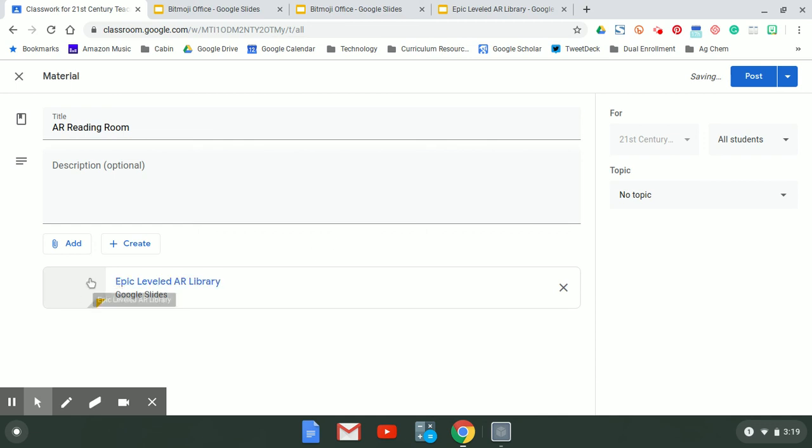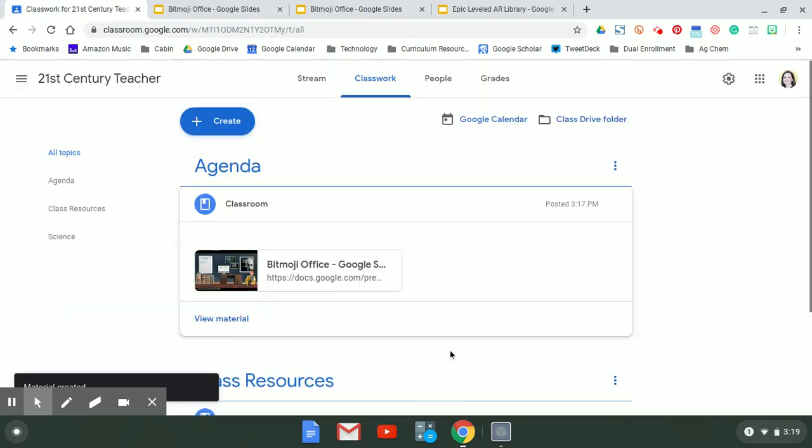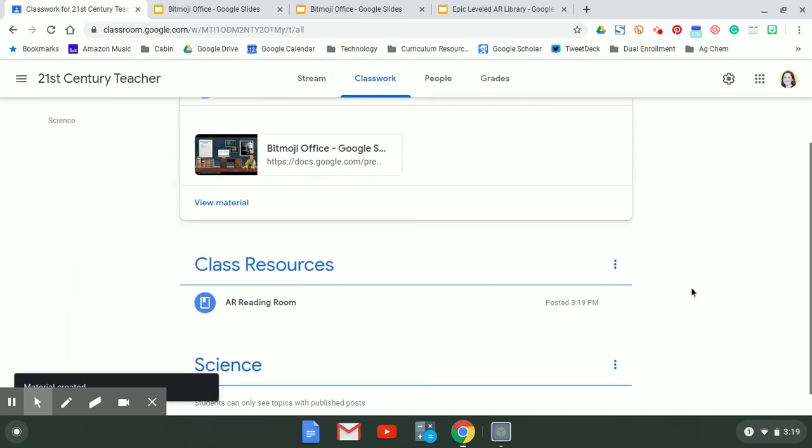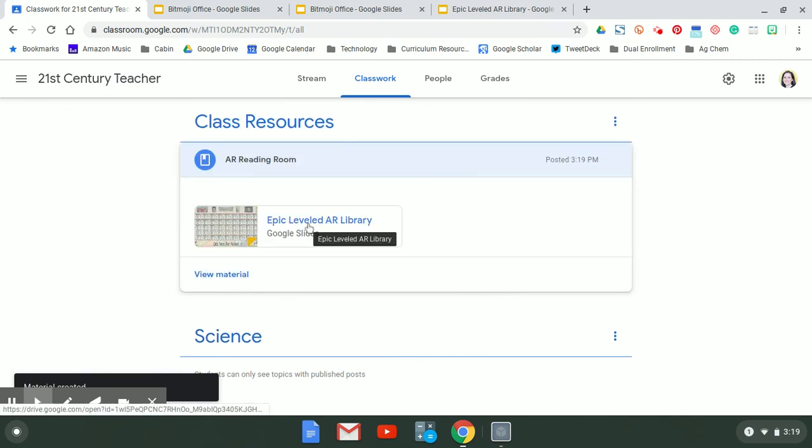And so you can see it attached my slide to this, and I'm going to go ahead and stick this under class resources. So there's some organization for my students, and then a post. And I'll show you the difference in what it looks like when you post this as your Bitmojis as a slide as opposed to publish to the web. So if we click on it this way,